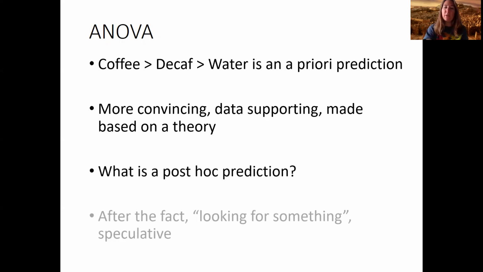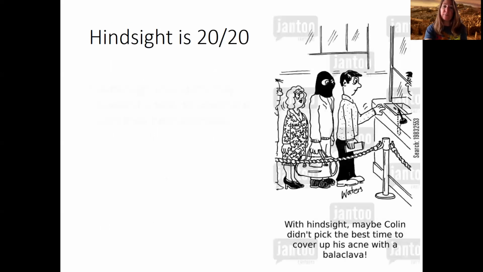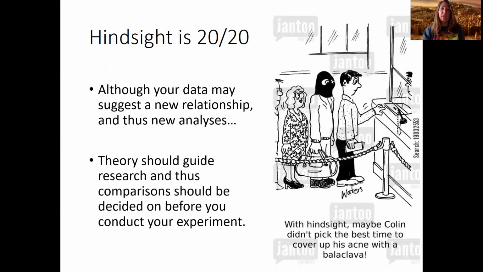So we've talked about post hoc predictions, and post hoc predictions are whenever your data does not quite match your a priori prediction. So instead you explain what happened based on the data that you got, and you try and explain it. So this is a post hoc explanation. This is explaining the data. This is speculative. This is just saying, well, maybe this happened. Well, maybe that happened. So you're looking for something with the post hoc prediction. So although your data might suggest that you do have something and it's different than your analysis,